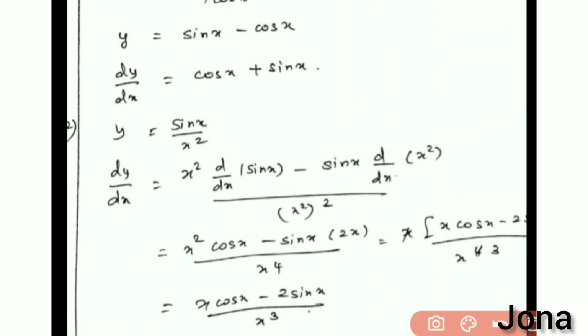Now we want to simplify the numerator as x square into x. You can take this x term here and here, so you take x as common here. So the remaining things are x cos x minus 2 sin x divided by x power 4 here. Now we can cancel this one x and x here. That is x cube will be in the denominator. So your answer is x cos x minus 2 sin x divided by x cube.